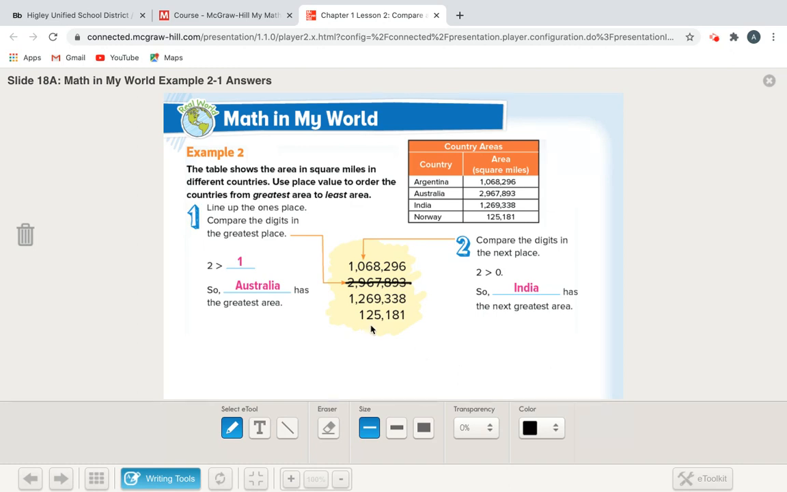So I'm going to compare the next one. What am I looking for? Okay, so now I've got 1, 1. Go to the right, 2. So this is my next one. So India is going to be next. When I've decided that, I'm going to cross it out. Now I'm looking at, Norway doesn't even have a million. So then I know this is my next one. And then finally,